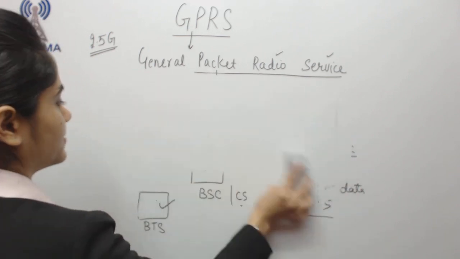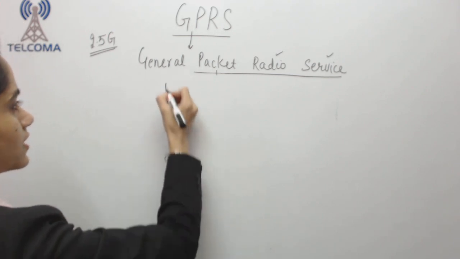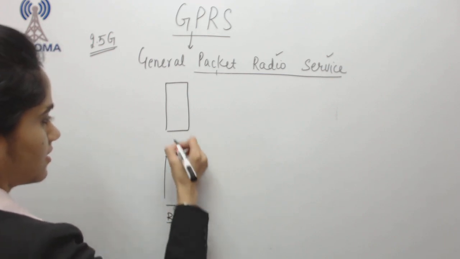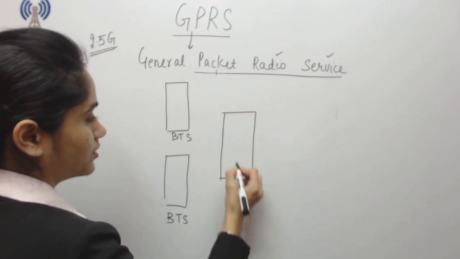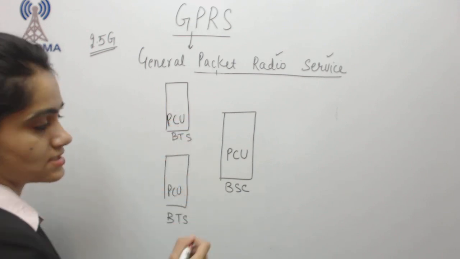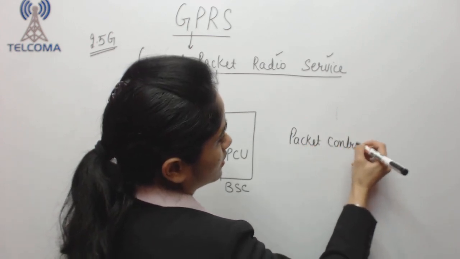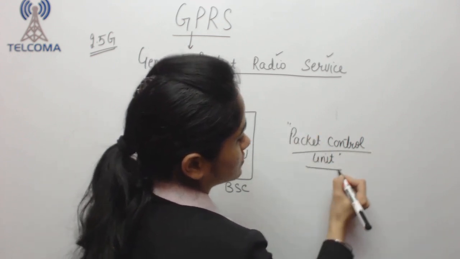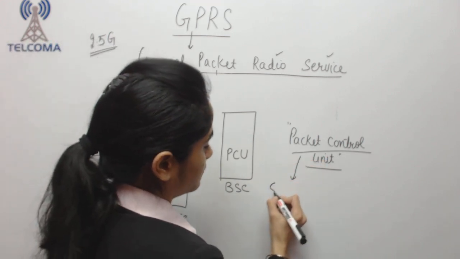Now what is the change that GPRS requires in BTS and BSC? They require upgradation of cards. That means in BTS as well as in BSC, they require a unit, and the unit is the PCU. Now what is this PCU? PCU stands for Packet Control Unit. Packet Control Unit means it basically works on packet switching. It works on the principle of